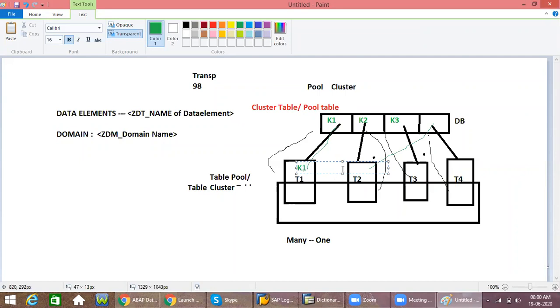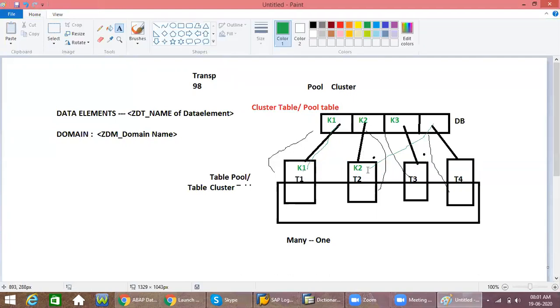Key 1, then only it will be assigned to this memory. Key 2, then only it will be assigned to that memory. It should match. Some little bit of confusion will be there here because in real time I also didn't use this.